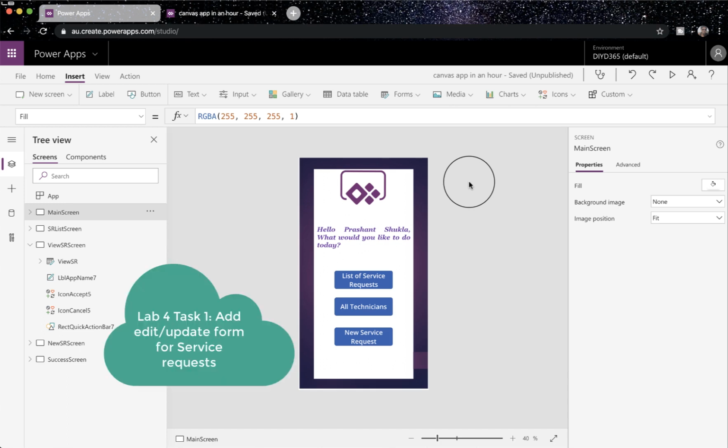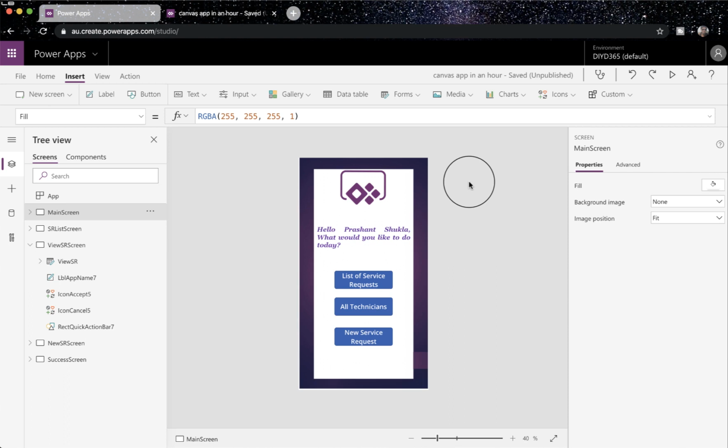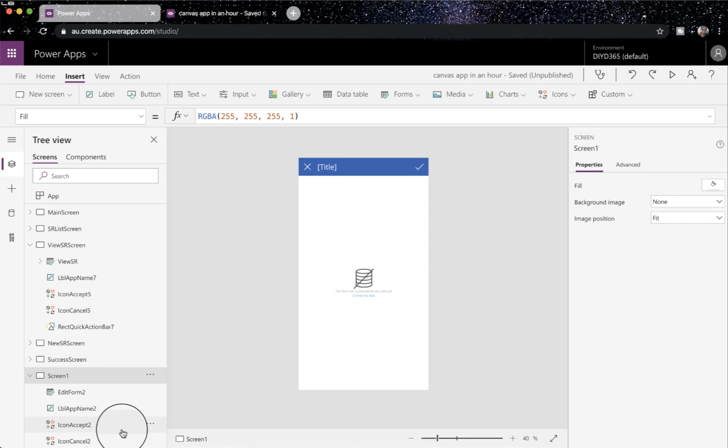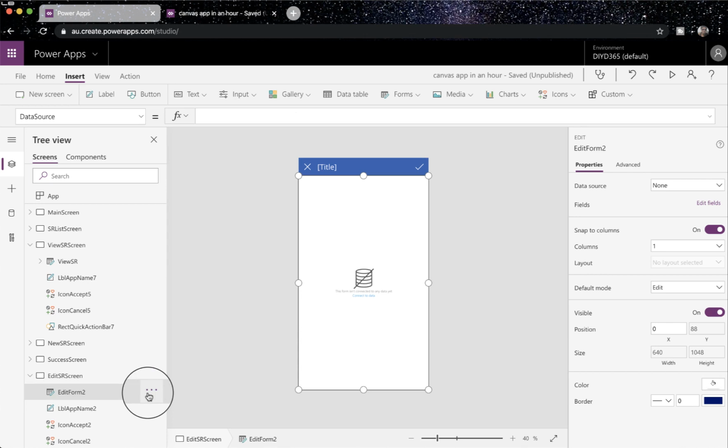The first task for this lab is to add an update or edit form for service requests. To do that, we will first add a screen from here in form. We will name it edit SR screen, and the form we will name as edit SR. Now we will connect it to the data source, which is service request, and the item here would be